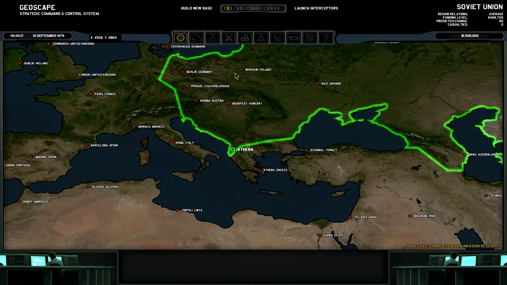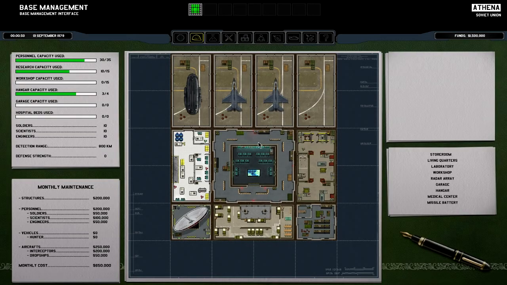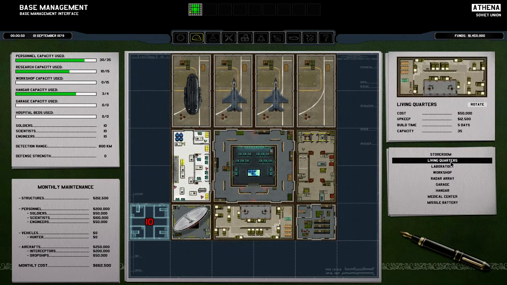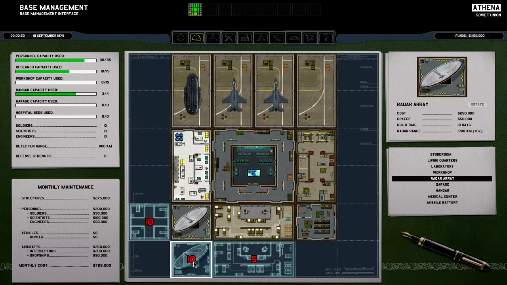Alrighty, so we need to start jumping in and get some of this base set up here. First thing I'm going to do, medical center. That will definitely help improve when some of our soldiers get injured. They'll heal a lot faster and get back into the fight. Living quarters, I'll probably do that just to increase my amount of people I can have at the base. Radar array, of course, expand that. And then